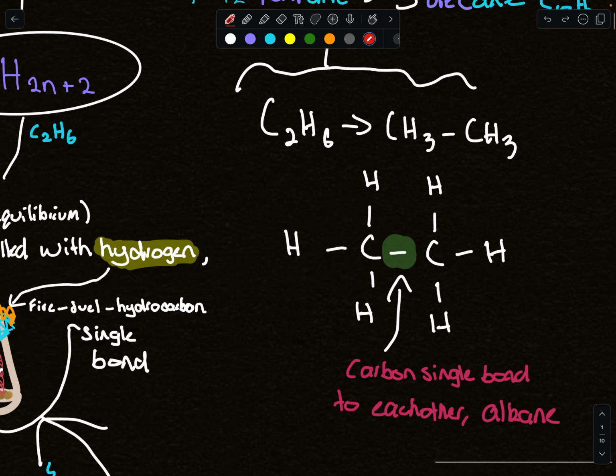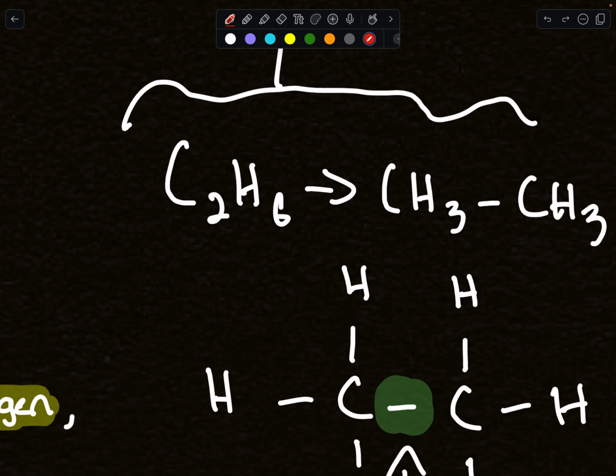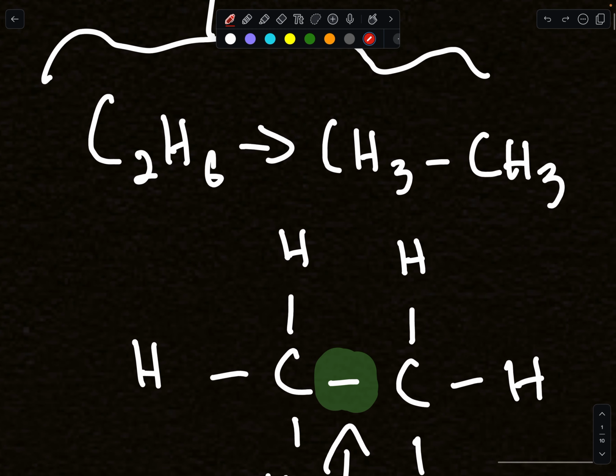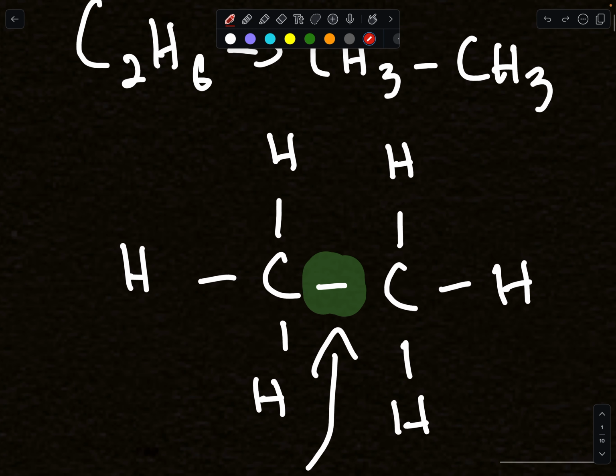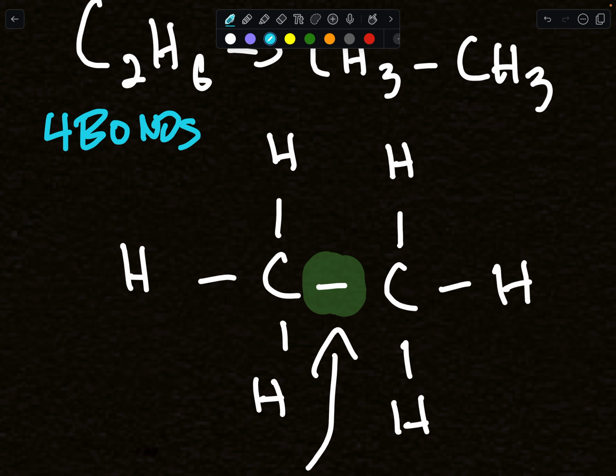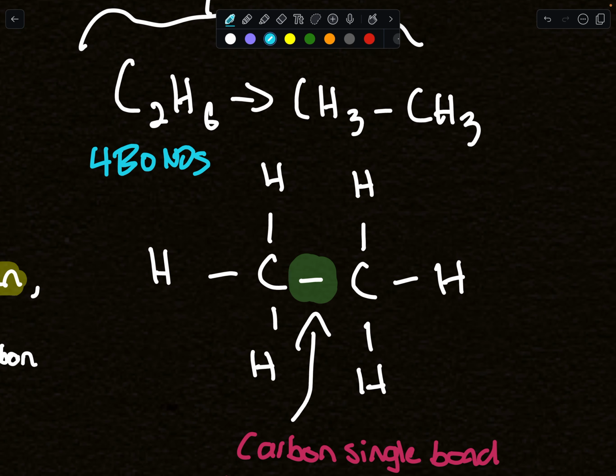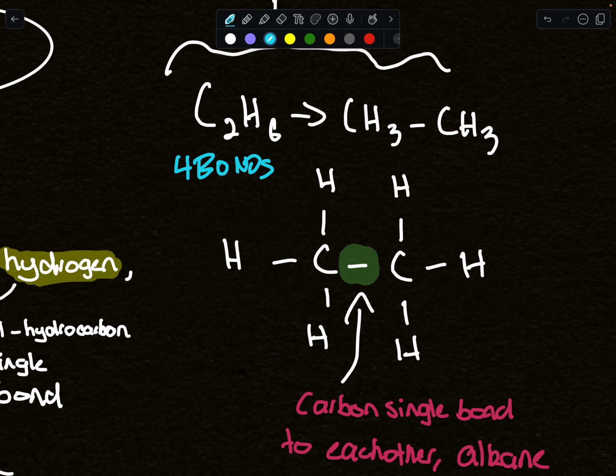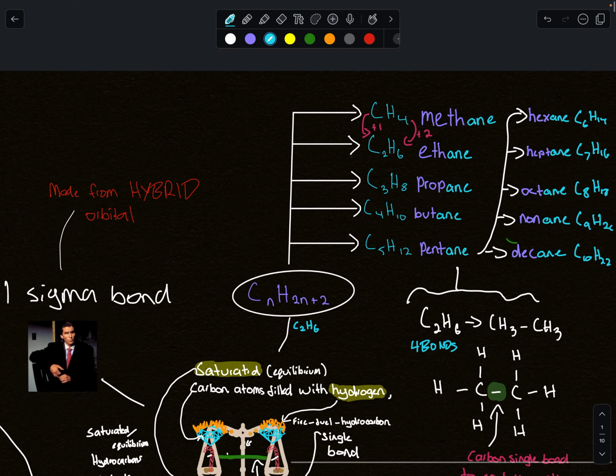Now, this is a Lewis diagram for it. C2H6 can be broken up into 2 methanes. So we have methane here. Remember, carbon always has to have 4 bonds, okay? 4 bonds. That's a really important thing. Carbon can form 4 bonds because of its sp3 hybridized orbital, but that's for another video. But yeah, so this would be the Lewis diagram of ethane. So anyway, that is alkanes.